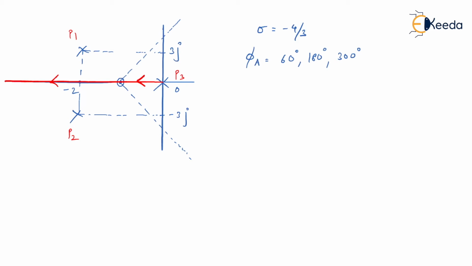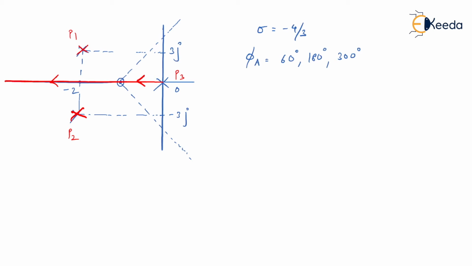Now the discussion is related to pole number 1 and pole number 2. These will also have root locus branches which will go towards infinity. But if the root locus is going to depart from pole 1 as well as pole 2, it will depart with a specific angle, and if you remember, that angle is what we called the angle of departure.